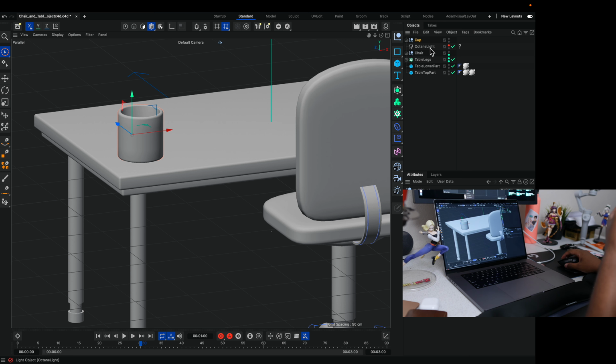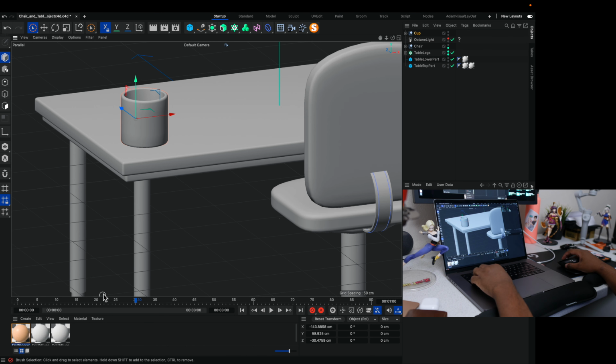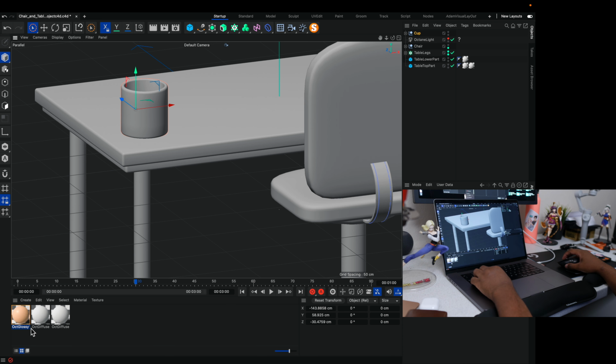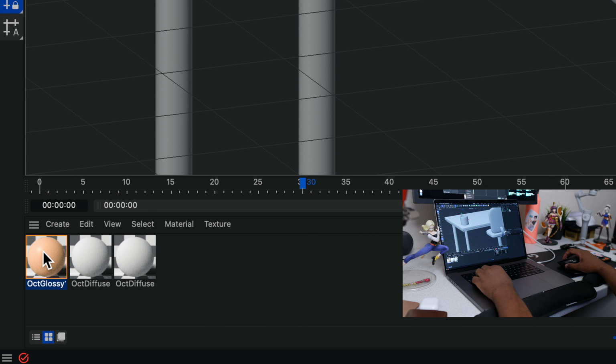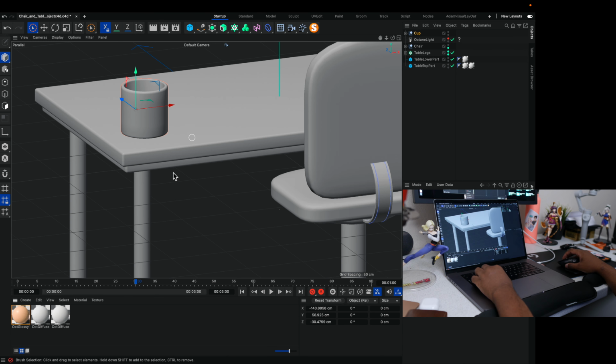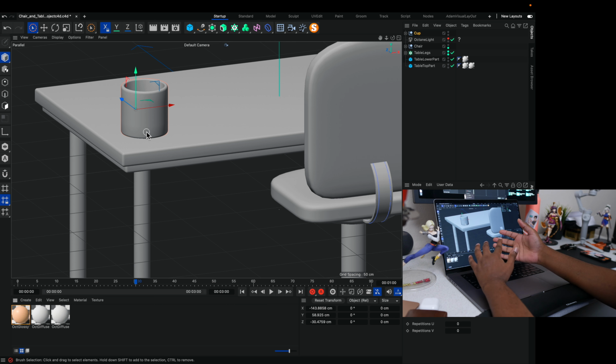So for example, right here, I have materials at the bottom. I have three materials: an Octane Glossy, an Octane Diffuse, and another Octane Diffuse as well. These materials, I usually just bring them right here. So let me bring that material and put it here. I already put it, but nothing is showing. Why? Because Octane is not supported by M1,